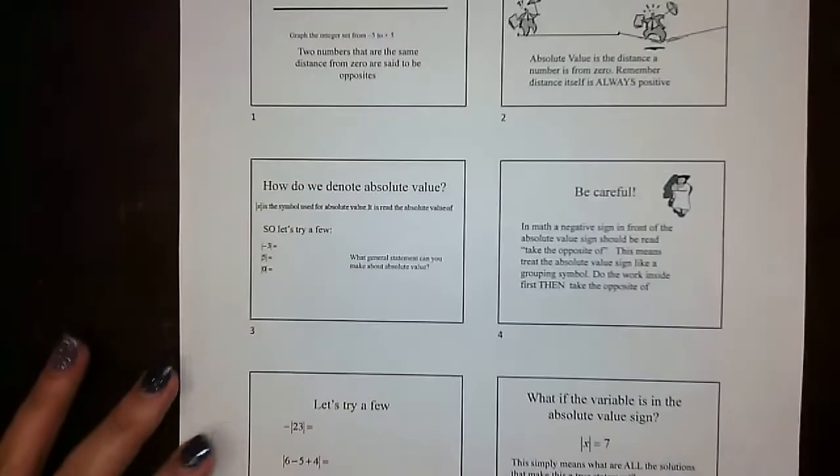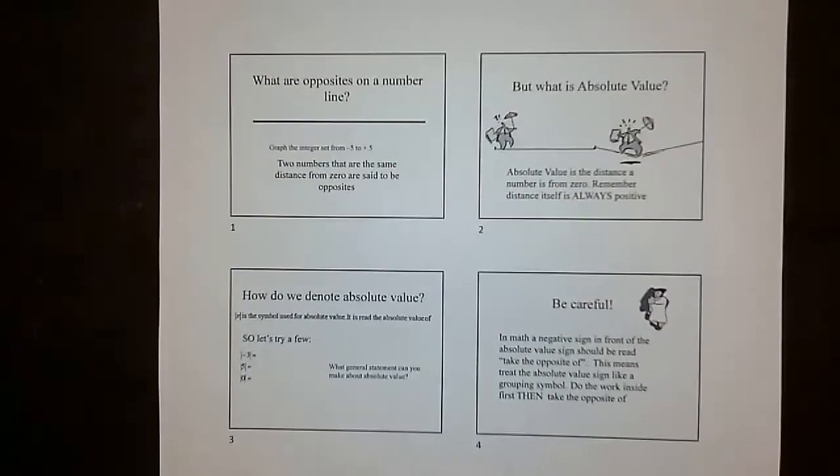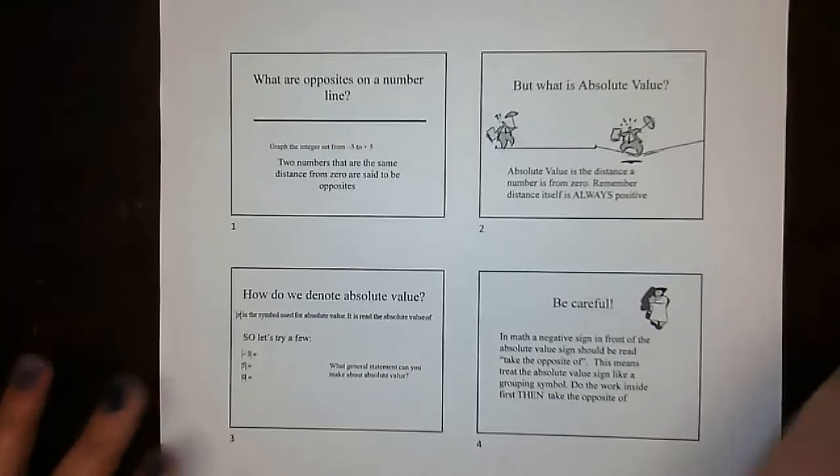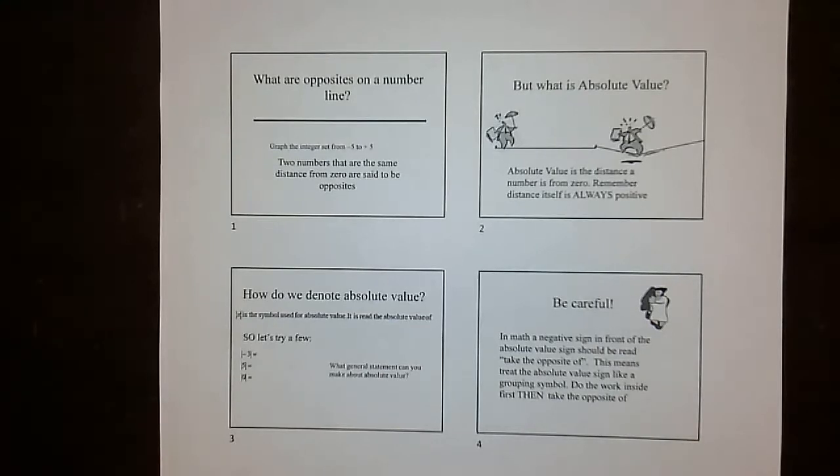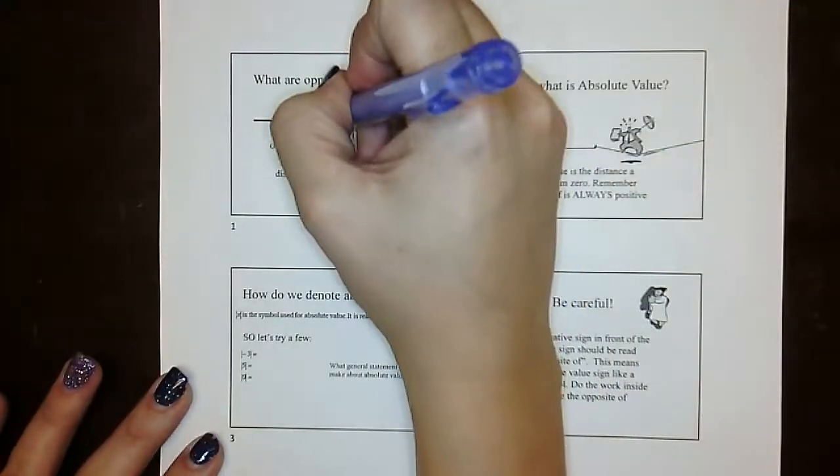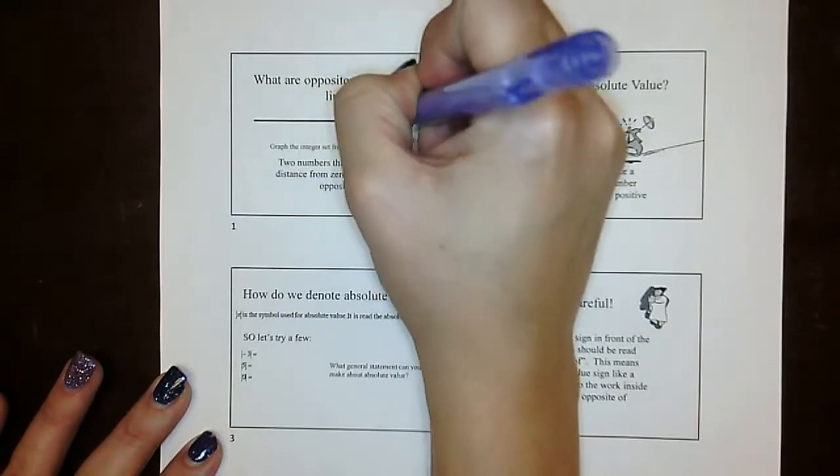So you guys should all have this sheet. And we're reviewing what you should already know about absolute values. Opposites on a number line, they are two numbers that are the same distance from zero. They are said to be opposite. So if we do our number line,